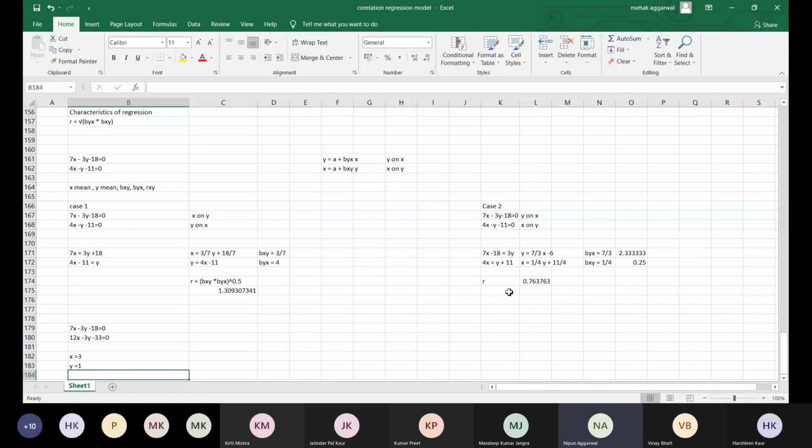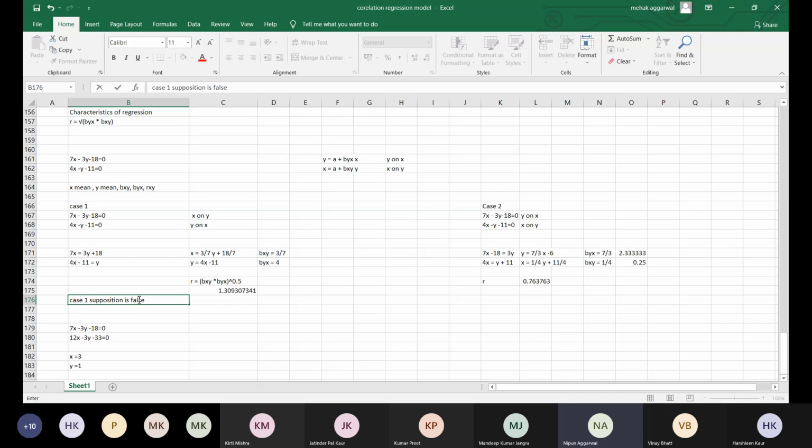So ultimately, in solving these questions, if you are provided with the two regression lines, one case is accepted and one case is rejected. एक case accept होगा, एक case reject होगा. In this case, case 1 will get rejected. So you have to write here that case 1 is rejected. Case 1 supposition is false